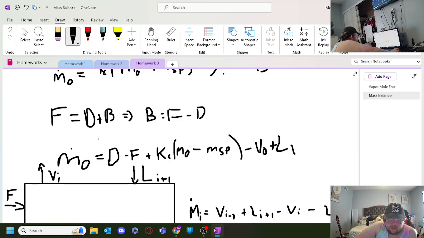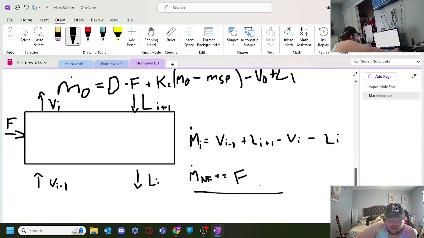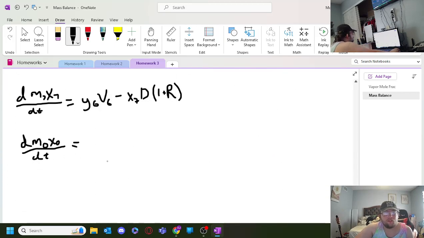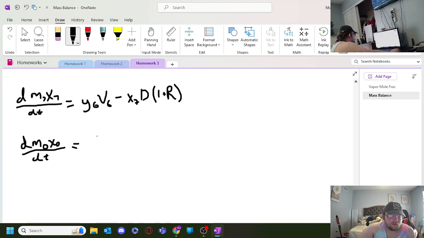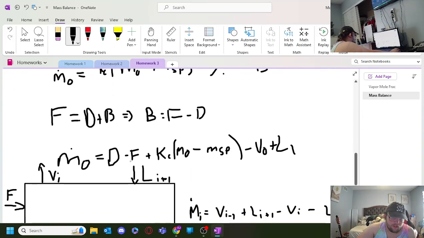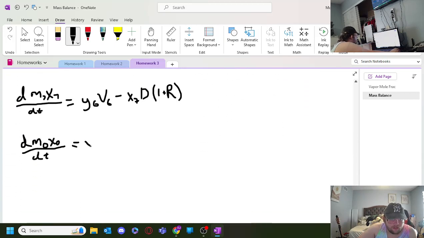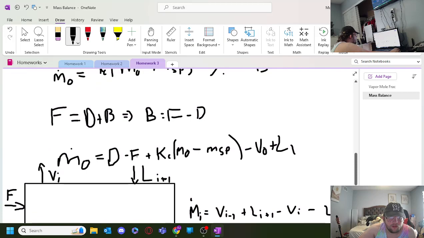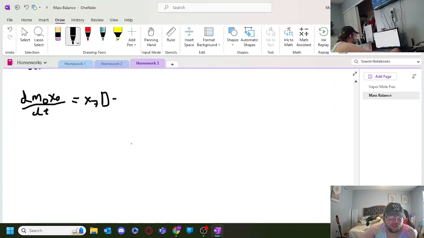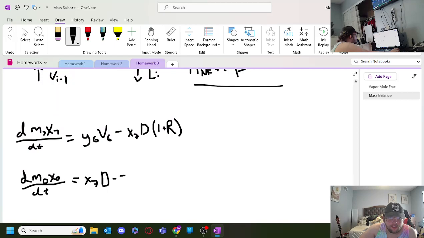Right, so minus F. Everything looks good there. So, for our distillate, X7 times the distillate minus our feed composition, which is our ZF, plus